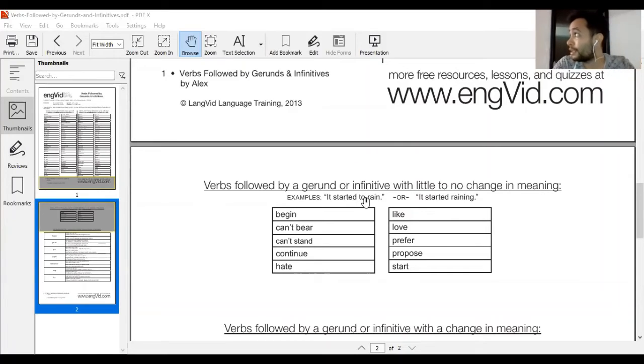And which are the verbs then that behave this way? They are begin, can't stand, continue, hate, like, love, prefer, propose, and start. To give an example, you know this because you know this kind of verbs. You can say, in the case of the verb love, I love